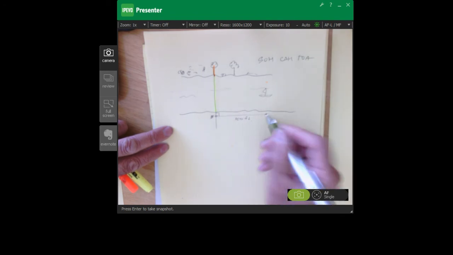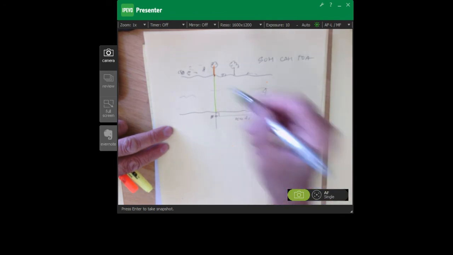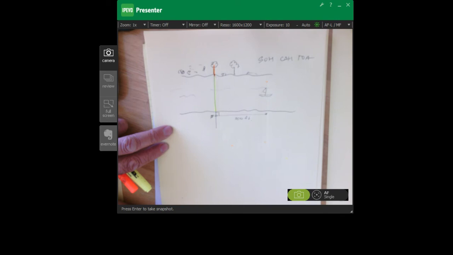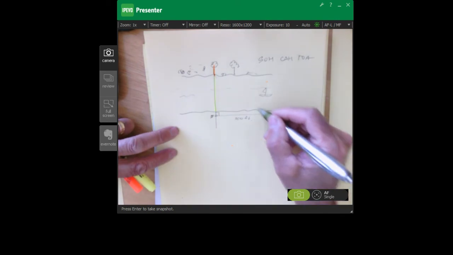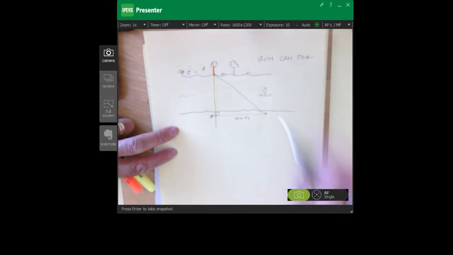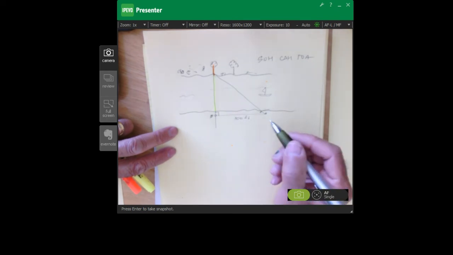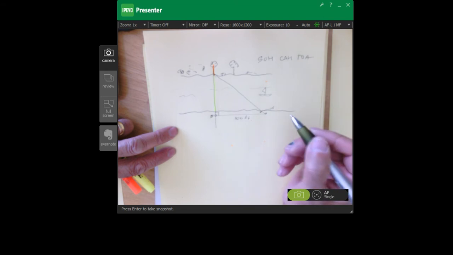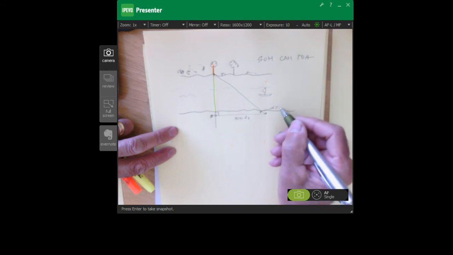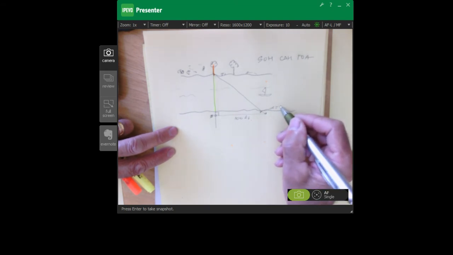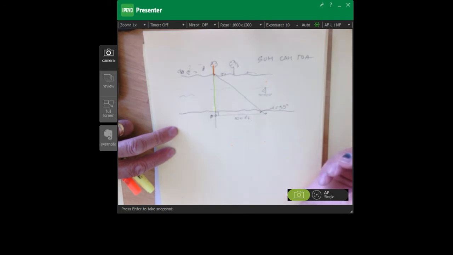And then from here, you stop and you look at that same tree that you picked out before. And you make a sighting to the bottom of the tree. And now we can measure that angle right there. We'll call that angle alpha. And let's say that angle looks like about 55 degrees. Okay? So now what we have